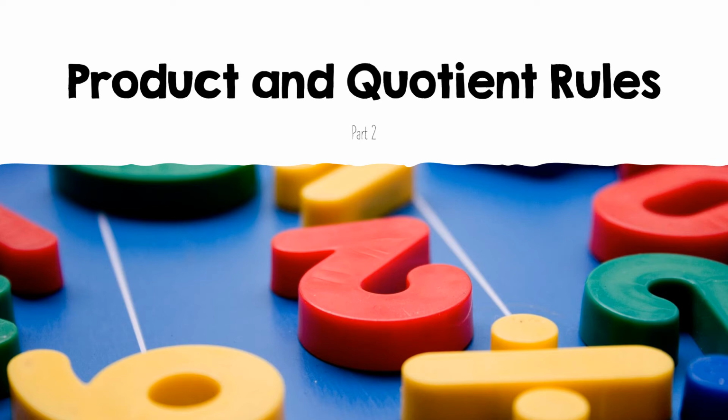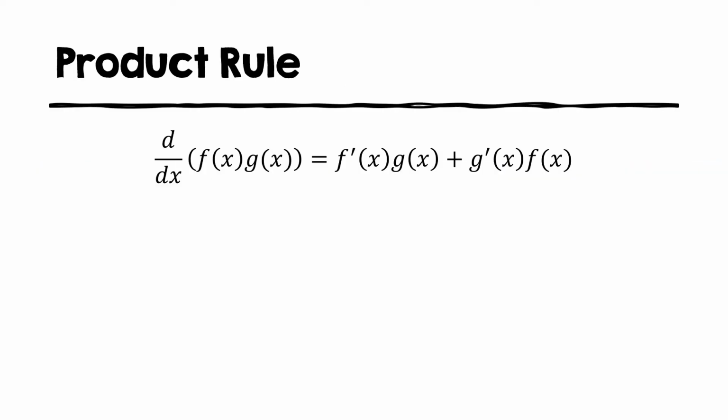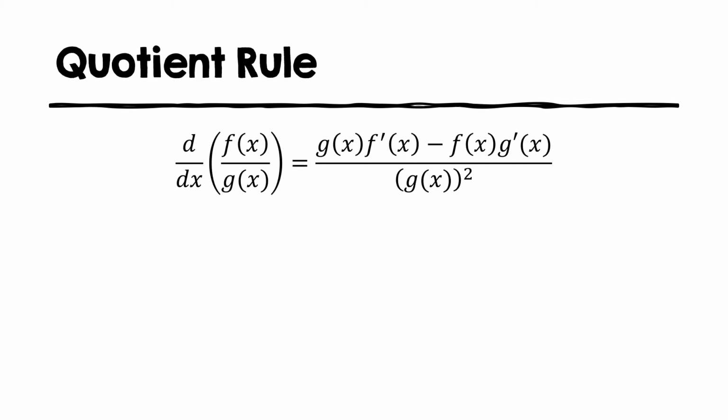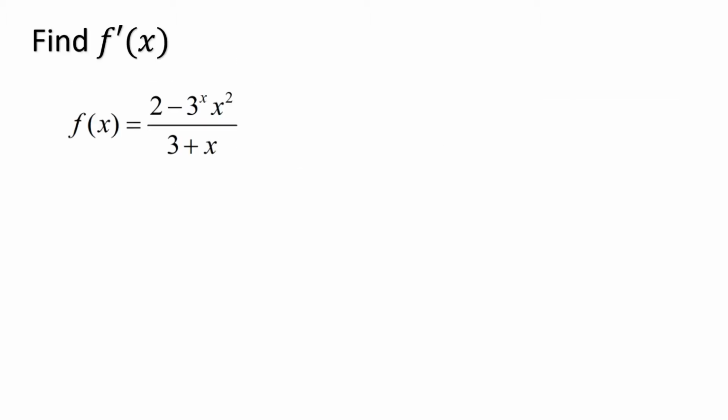Product and Quotient Rules, Part 2. So recall the product rule and the quotient rule. We want to find f prime of x, so the derivative of f of x is equal to